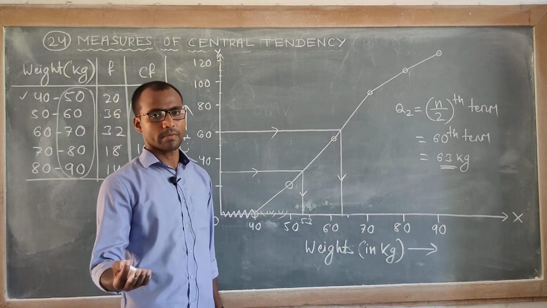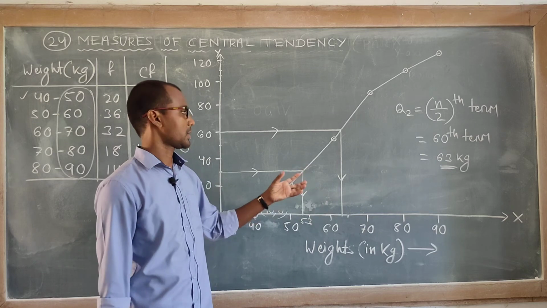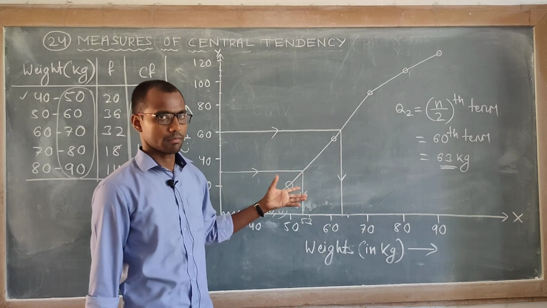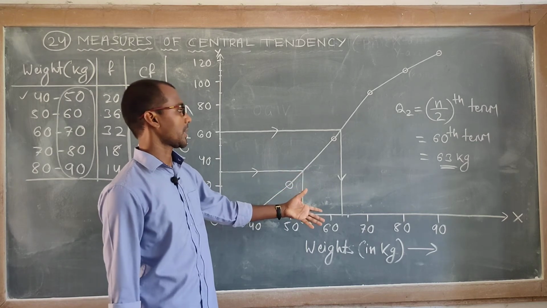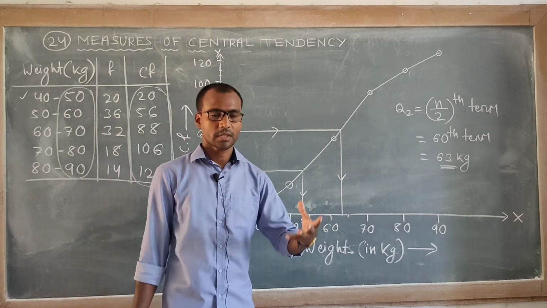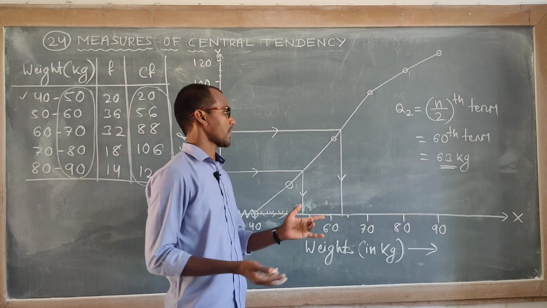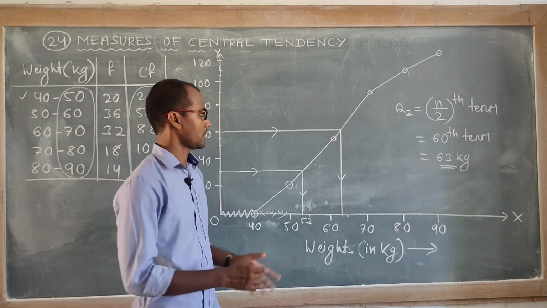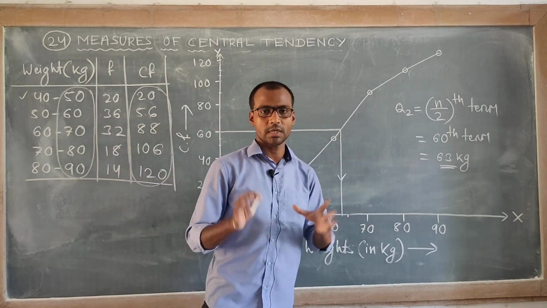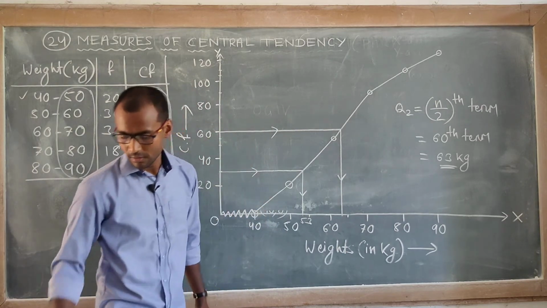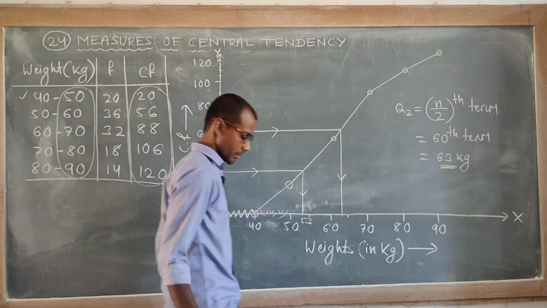The median weight is 63 kg from the graph paper. You may get different values because I am not using graph paper. I am just having a rough diagram. My lines are also not straight, my positions are also not perfect. So I am getting 63. You may get around 64, 65, or I don't know how much you get. But nearly equal to 63 kg you will get. This is for median. Now we will go for upper quartile.